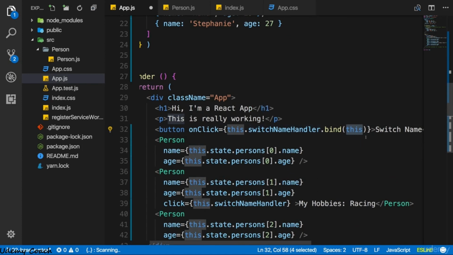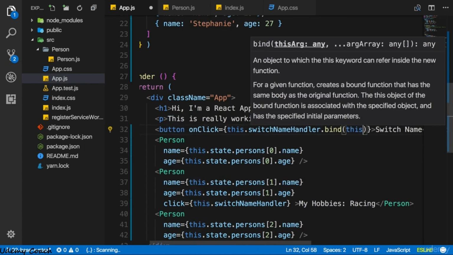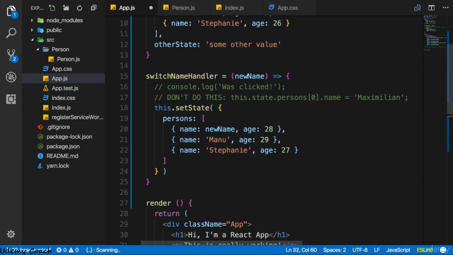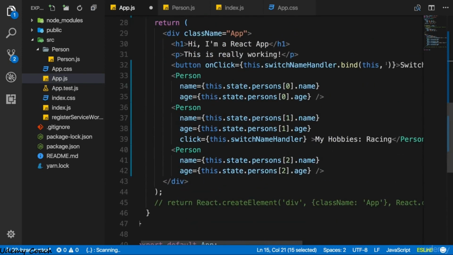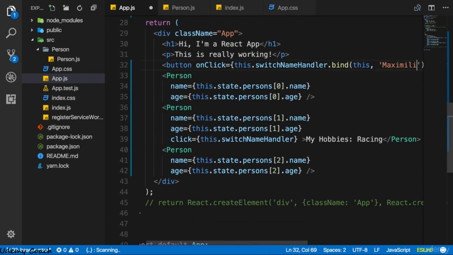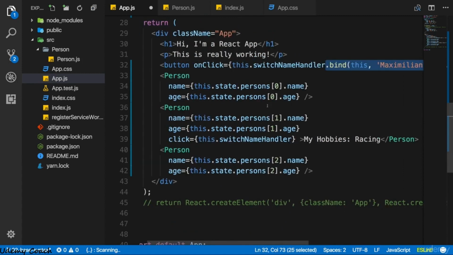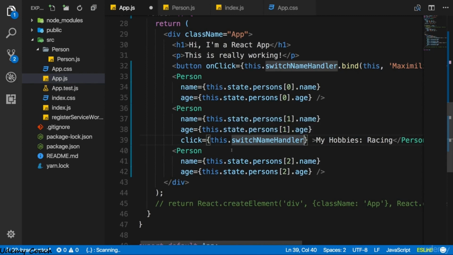We wouldn't have needed to do that though, but we can use this syntax because I also want to pass a second argument to bind. This now is a list of arguments, which will be passed into our function. And here, this should be the new name. So here, this could be Maximilian. And to really see a difference, let's copy that bind code and let's also bind it down here when we pass the function as a reference to the click prop. And let's change this to Max with an exclamation mark so that we can see a difference depending on